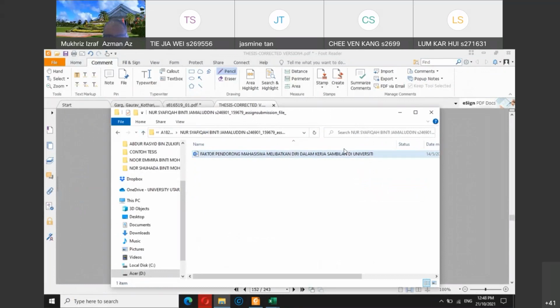I don't know why I couldn't open this file. Even this morning, I couldn't open this file. But if you look at this title here,